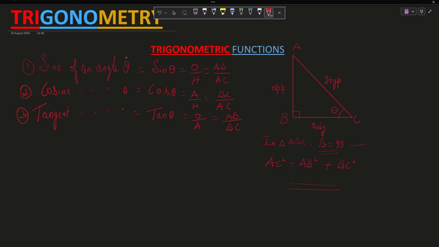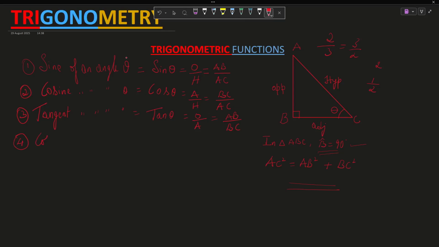Now the three more functions left out are going to be the reciprocals of sine, cosine and tangent. Reciprocals in the sense, if I say for example 2 by 3, the reciprocal of 2 by 3 is going to be 3 by 2. Or if I just write 2, then the reciprocal of 2 is going to be 1 by 2. So in the same sense, here the reciprocals of